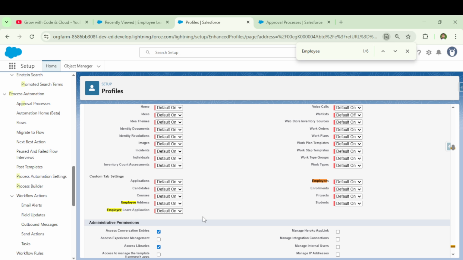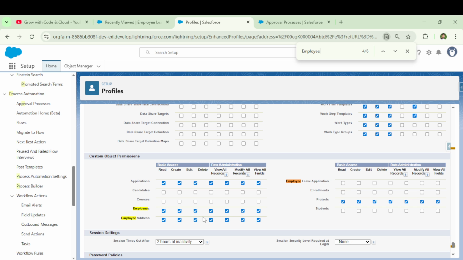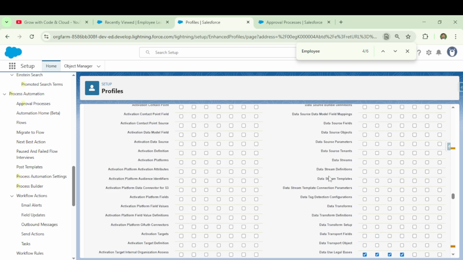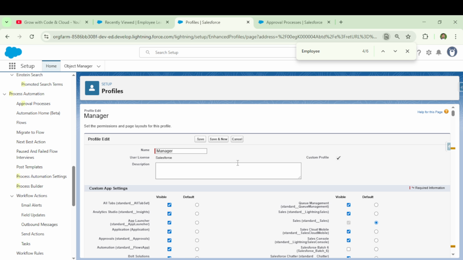leave application. Where is the custom object? Custom object, employee leave application. Give the access at the profile level. Okay, now save it. Let's see if custom tab access is there.